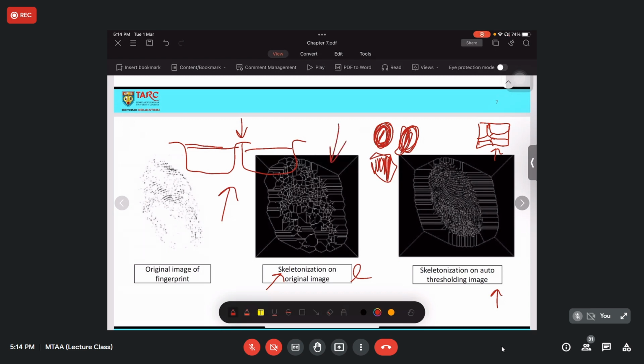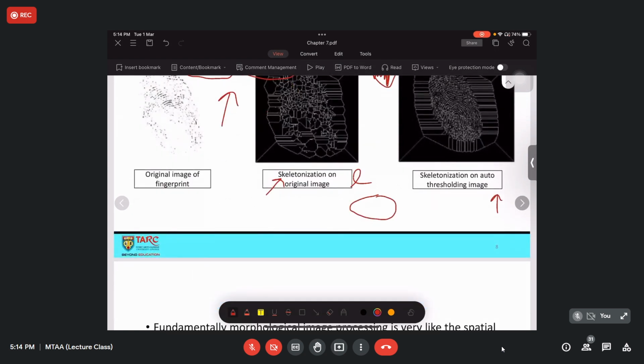And skeletonization is to find the skeleton. So why do we need to find the skeleton? For example, you have a leaf, or maybe, how should I put this? Skeletonization can be used to partition the image into different compartments.